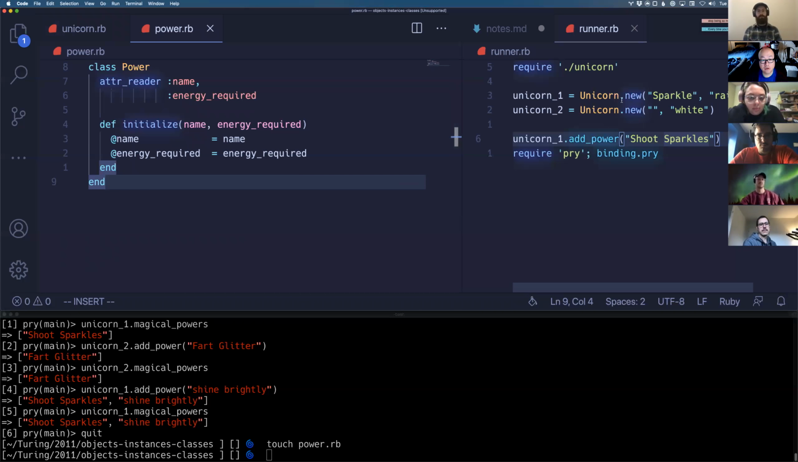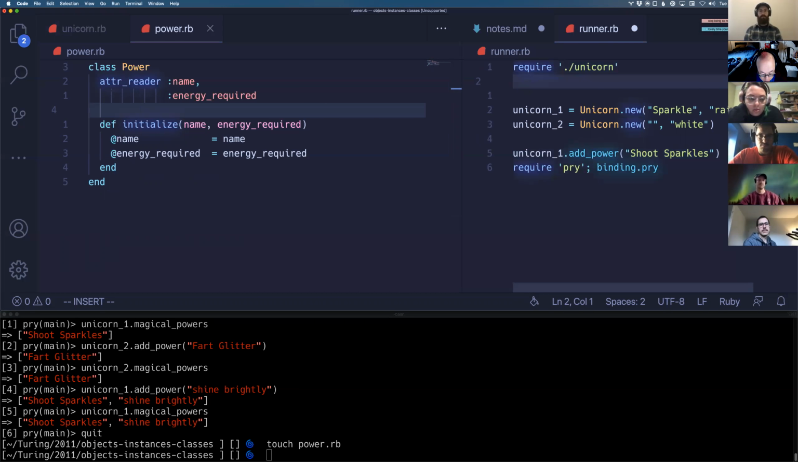Essentially what I'm going to do is add Power objects to this unicorn instead of having strings. So that means I need to change my stuff over here in my runner file. In addition to requiring unicorn, I'm now going to have to require the power file, because I need to load up that file. And I'm going to create some powers here. So power1 is going to be Power.new, and this is going to be